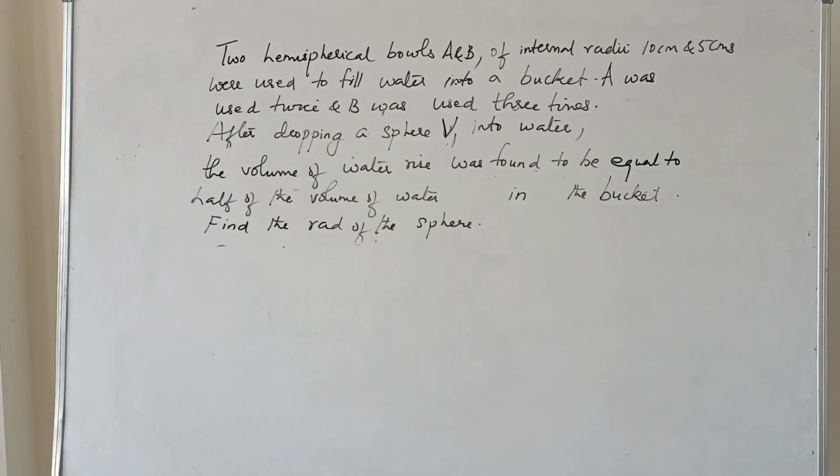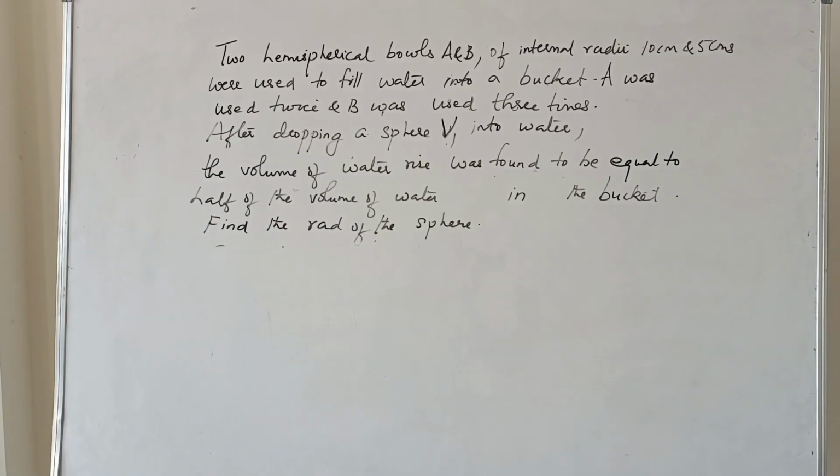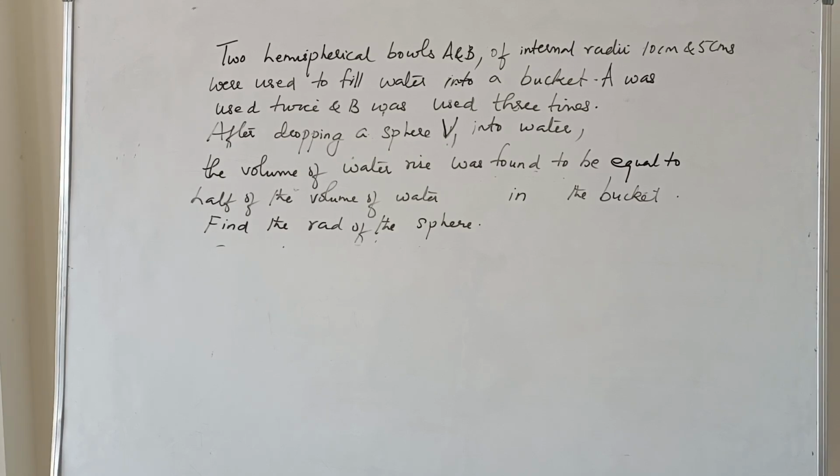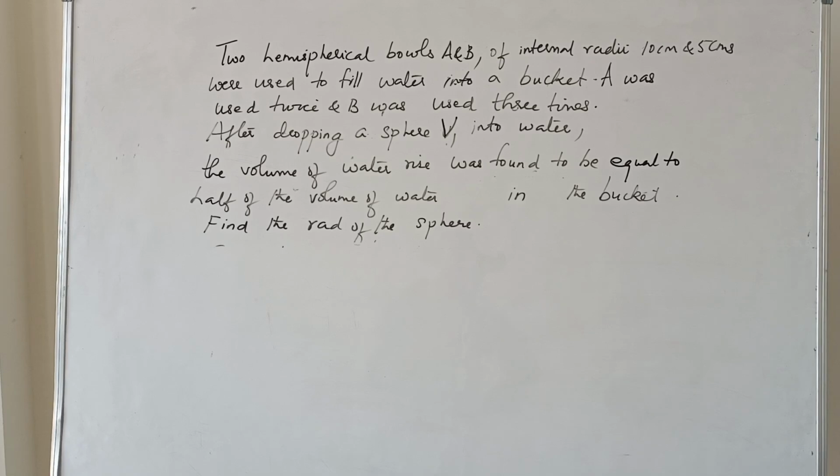Now, two hemispherical bowls A and B of internal radii 10 centimeters and 5 centimeters were used to fill water into a bucket. A was used twice and B was used 3 times. After dropping a sphere V1 into water, the volume of the water rise was found to be equal to half of the volume of water in the bucket. Find the radius of the sphere. Okay, so